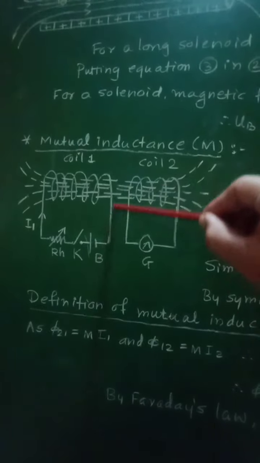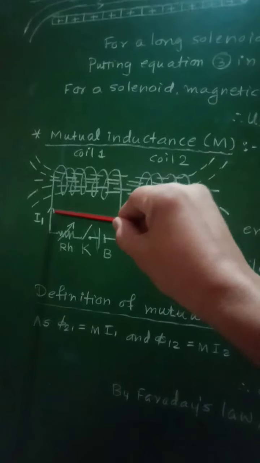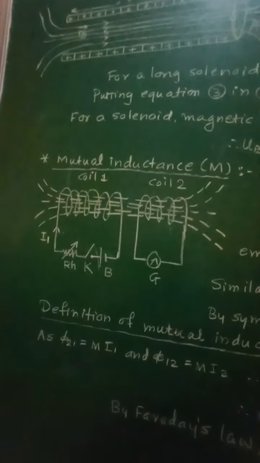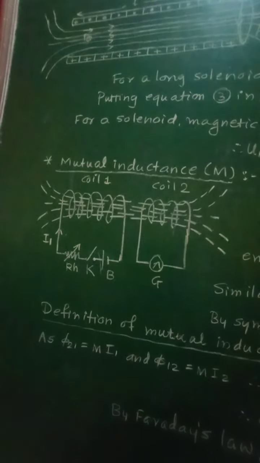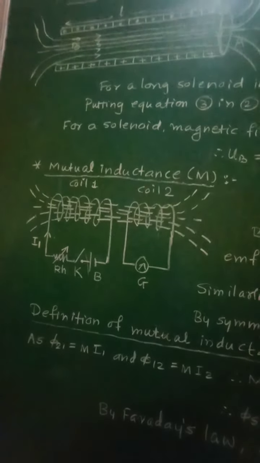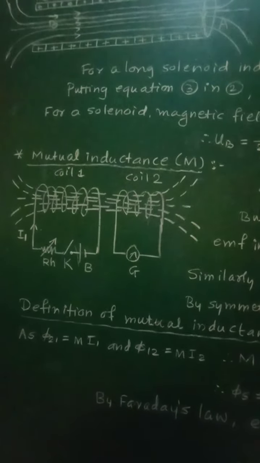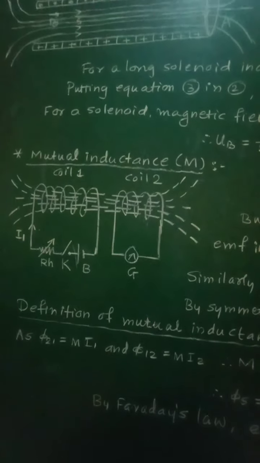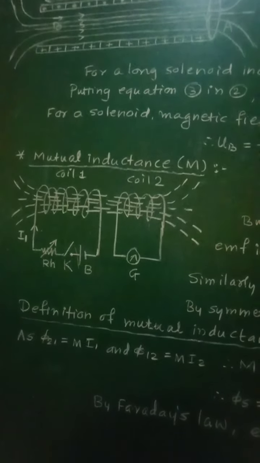So around this coil 1, due to this current I1, magnetic field B1 will be produced. Then let phi 21 be the magnetic flux linked with coil 2 due to the magnetic field B1,